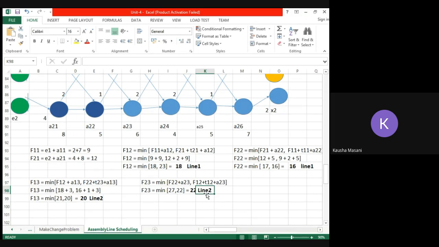Online students, you were telling me something. I couldn't understand. What was it? Yes, ma'am, it is 22, 27. You wrote reverse. That's okay. You can write any of the terms first. It is not compulsory that you follow the sequence, because after all we are just picking up the minimum one. It's okay.